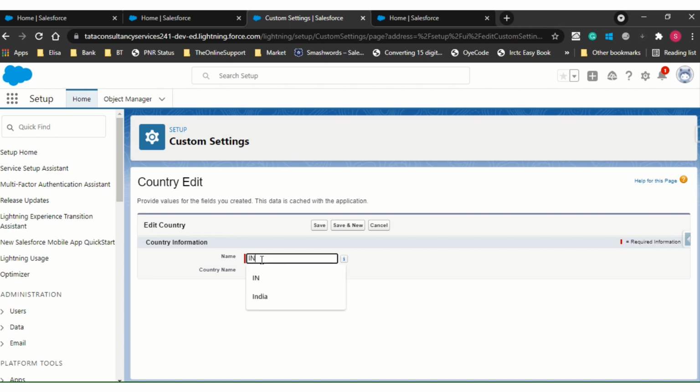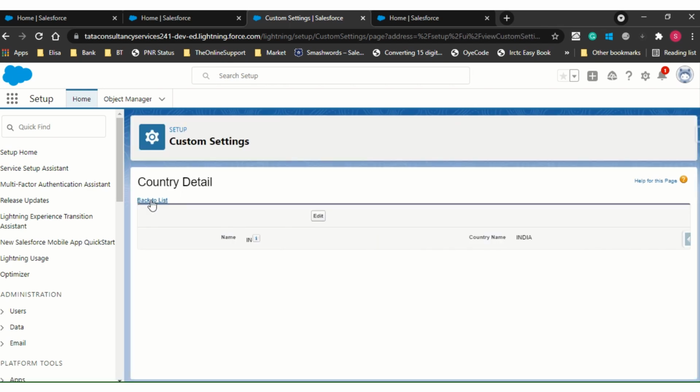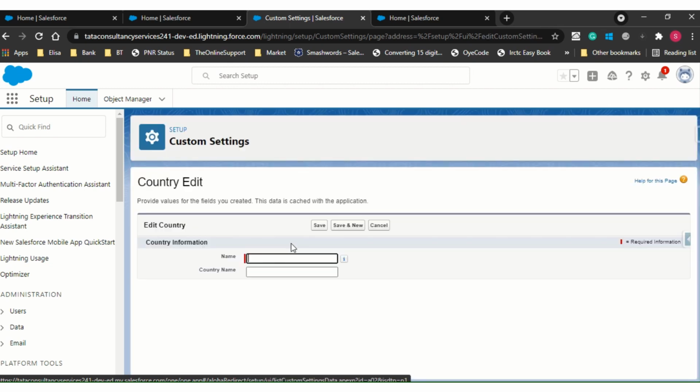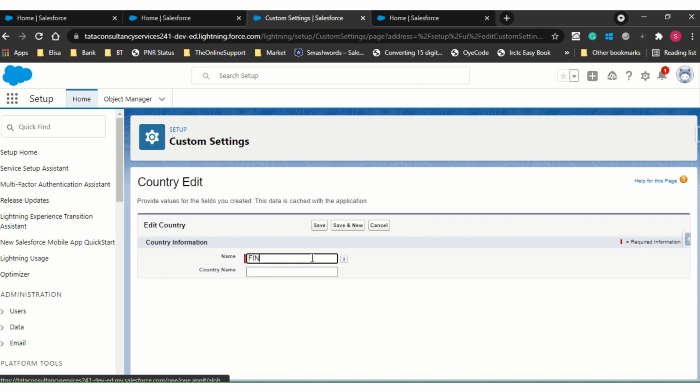So name maybe IN, and then I will put India. I need to click Save and New, that will be a better option, and maybe US, you can say United States, and FIN, Finland.